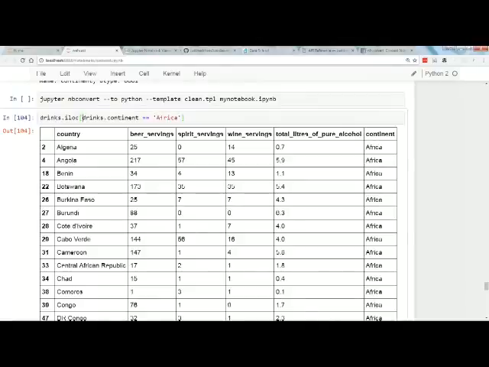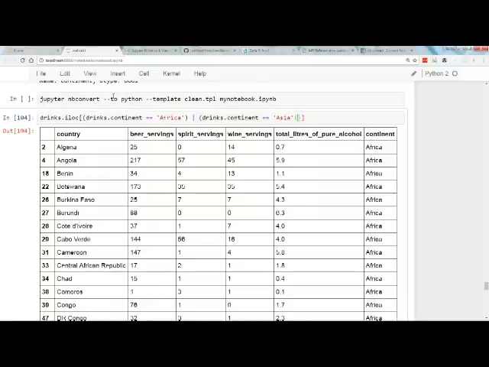He asks when to use. Okay, I meant combining two conditions. Great question. So he's asking if you have two conditions, like drinks.continent equals Africa or drinks.continent equals Asia. If you use multiple conditions in pandas, it's required that you use parentheses.